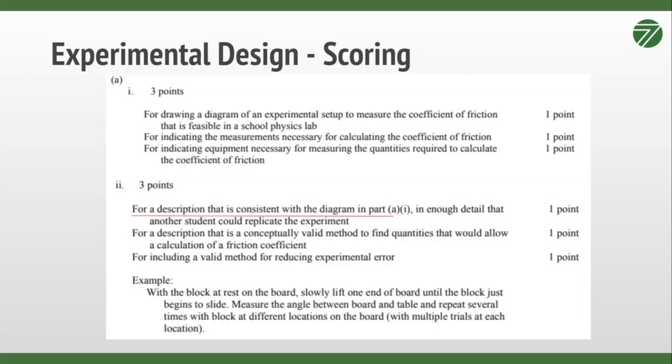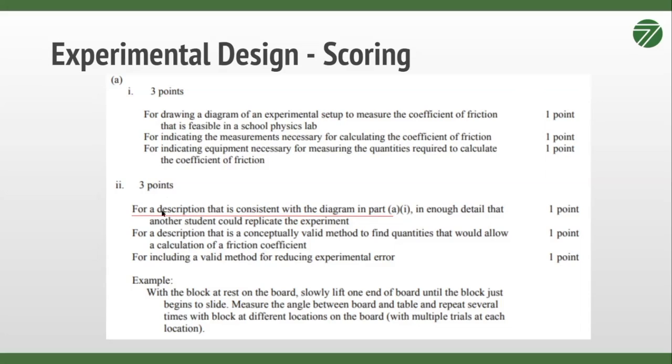where my spring scale goes, and making sure that you're showing explicitly that these are the pieces of equipment that I'm using. That's not just a scratchy diagram with some pictures on it, where it's like, okay, is that a spring scale? Is that just a piece of string? I don't know. It's clearly labeled, all that stuff, to make sure you get all of your points